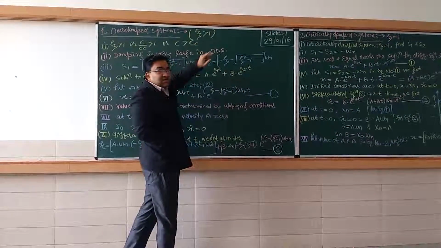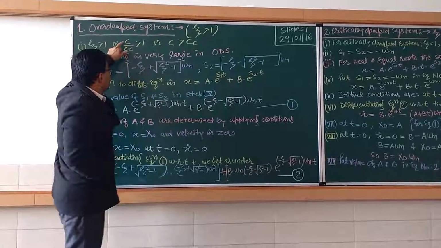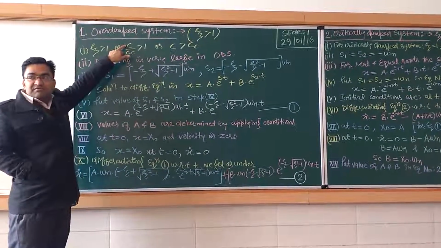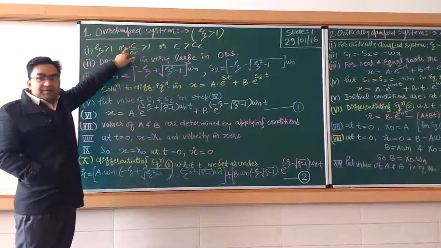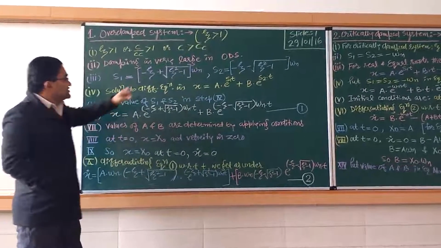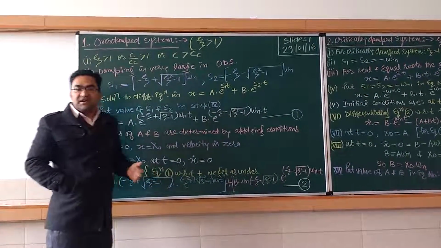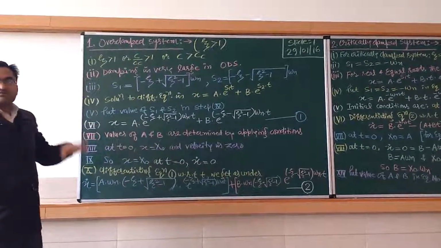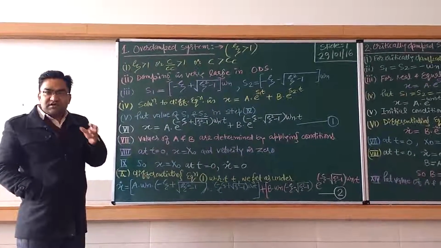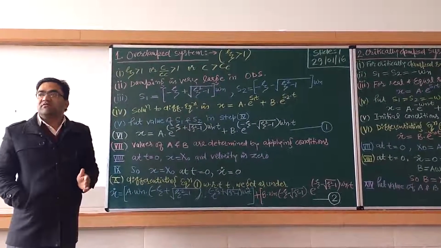The damping factor is greater than 1 means the damping coefficient is greater than the critical damping coefficient. So what is the damping factor? It is the ratio of the damping coefficient to the critical damping coefficient, C upon Cc. If C is greater than Cc, we will analyze it mathematically and reach the conclusion of how the system will come to rest and how the vibrations die out in our damped system,